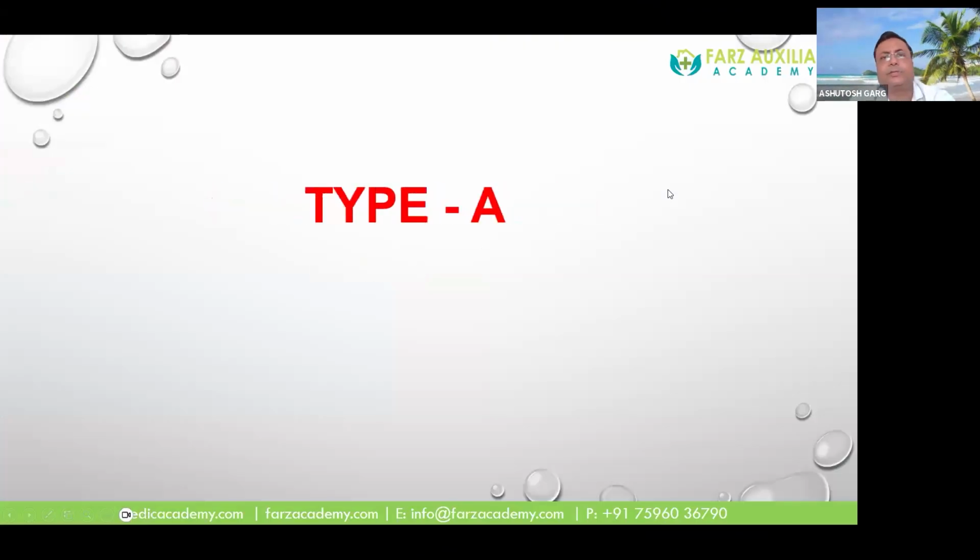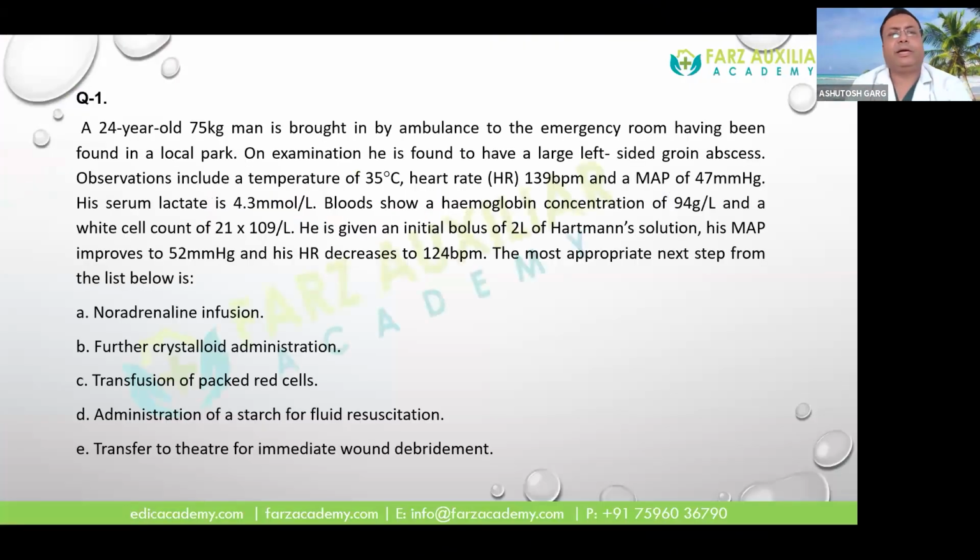So next is question number 1. A 24-year-old, 75 kg man is brought by ambulance to the emergency room, found in a local park. He is found to have a large left-sided groin abscess. Observations include a temperature of 35 degrees centigrade, heart rate 139, MAP 47, serum lactate 4.3, hemoglobin 9.4, WBC 21,000. He is given an initial bolus of 2 liters of Hartmann solution, MAP improves to 52, and his heart rate